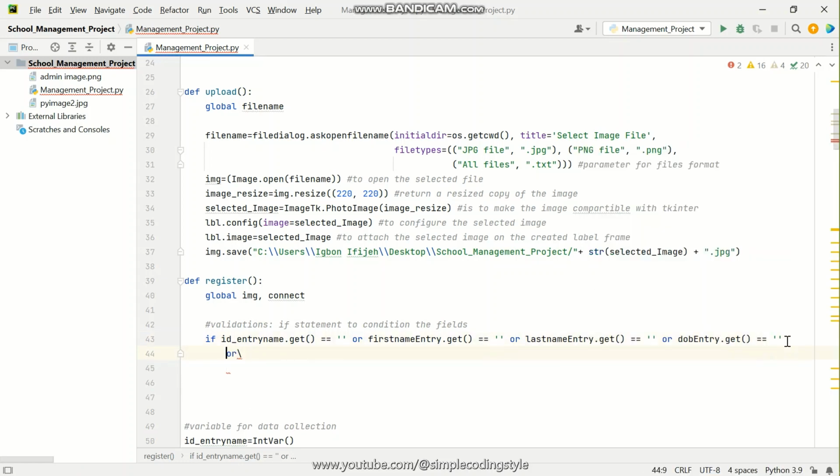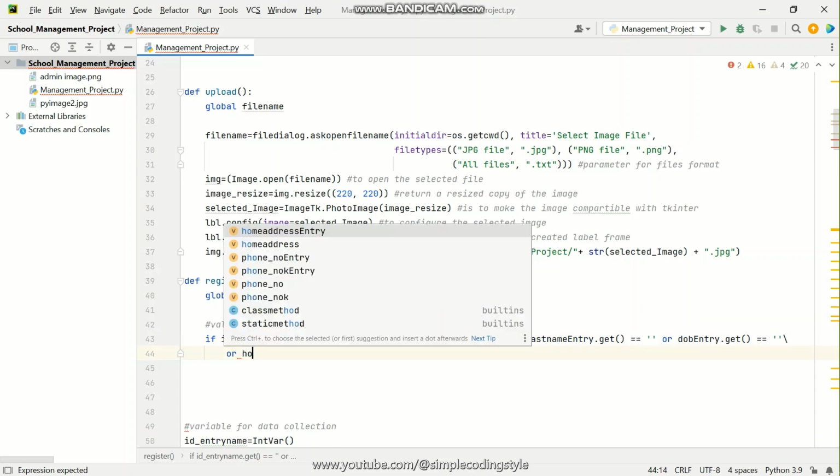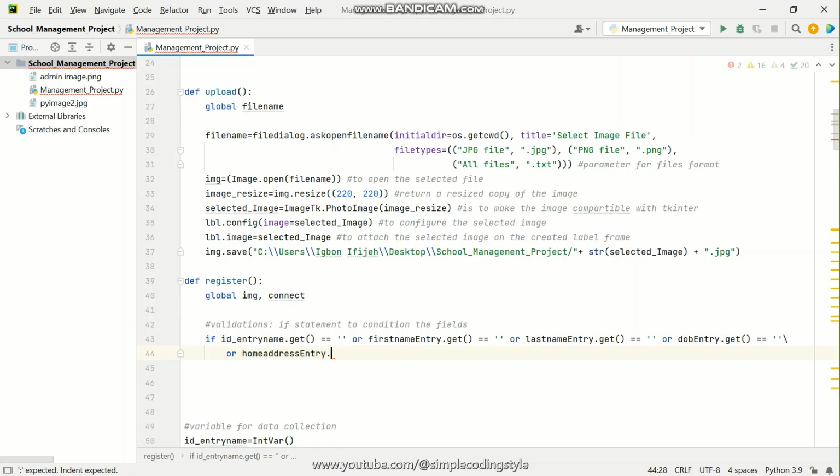Okay, let me move this down here and then make this up here. Okay, or so after our date of birth, I'm going to have my home address entry dot get, and if this is empty, or